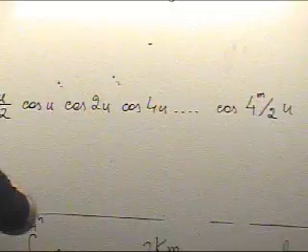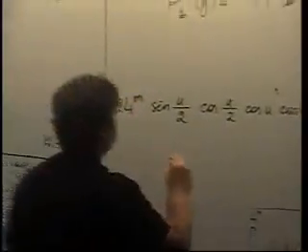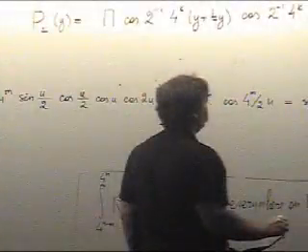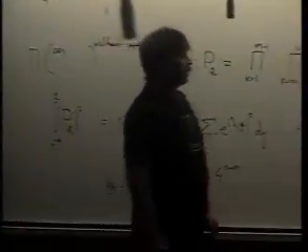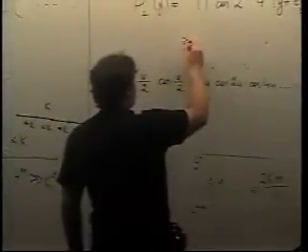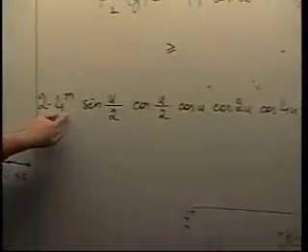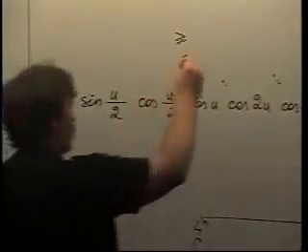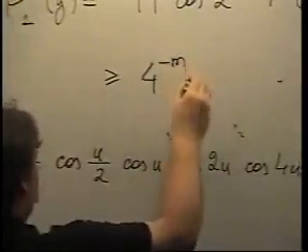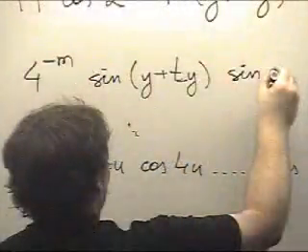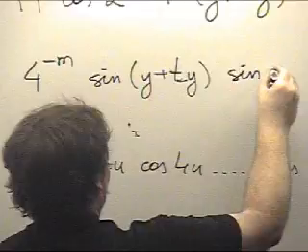And you also should multiply by twice 4 to the power m. That is just sine of 4 to the power m u, sine of the double angle, many times. So what does it mean? It means that it is at least 4 to the power minus 2m, well, I don't care much about this particular 2 here, times sine of y plus ty, sine of, so if I want the absolute value of it,